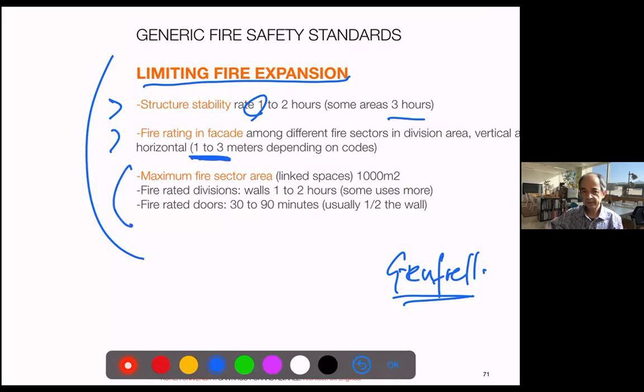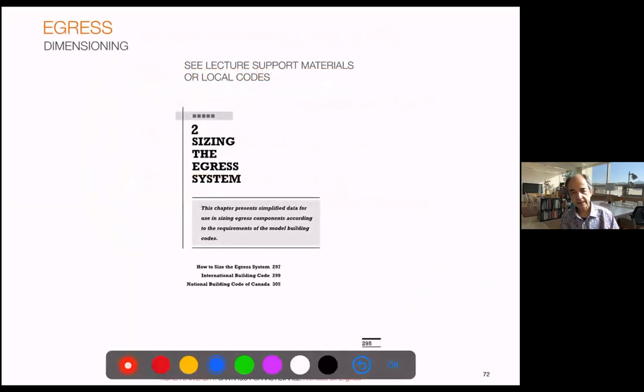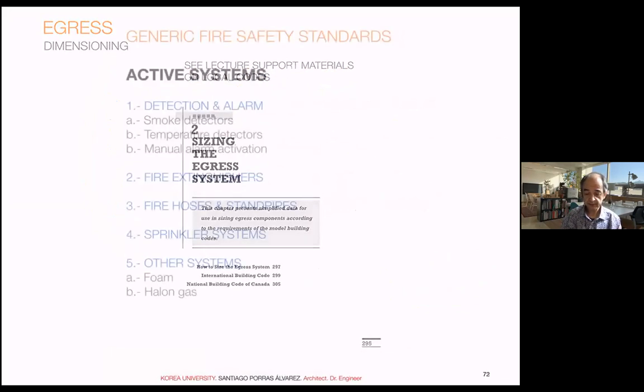And then we divide the building in sectors. Usually it's like 1,000 meters, very standard, and between 1 to 2 hours. And usually doors have half the rating of the walls, right? This is why you see in department stores curtains, which will divide the space in bits, and you have escape doors later. So we always try to limit the fire expansion that way. You have more details in the full handbook in Blackboard, general materials.